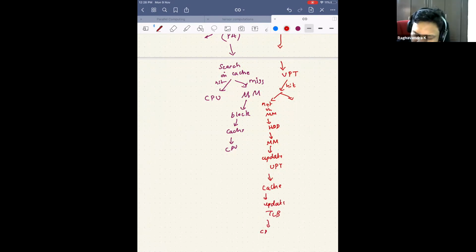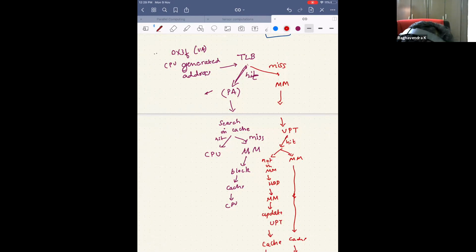Of course, you can do many of these things in parallel, but it's for your understanding. Right? This is fine. It's a hit, and it is in main memory. Then I directly go to the cache, and update the TLB because there was a miss in the TLB, which means that it was not frequently used. And then everything is perfect.